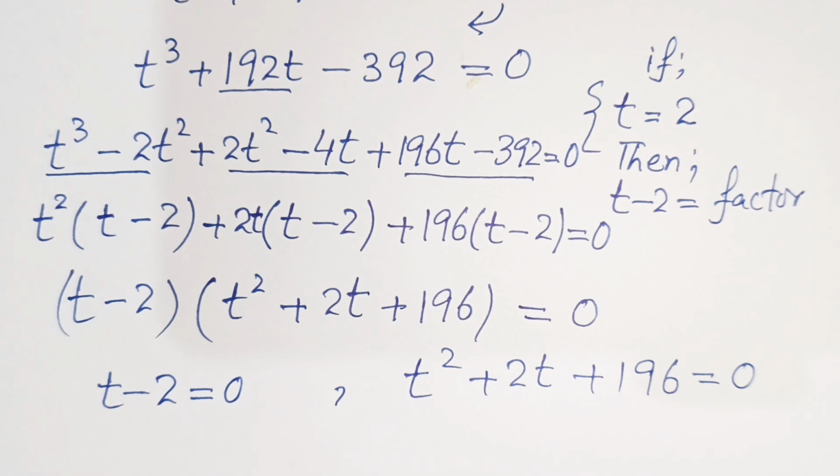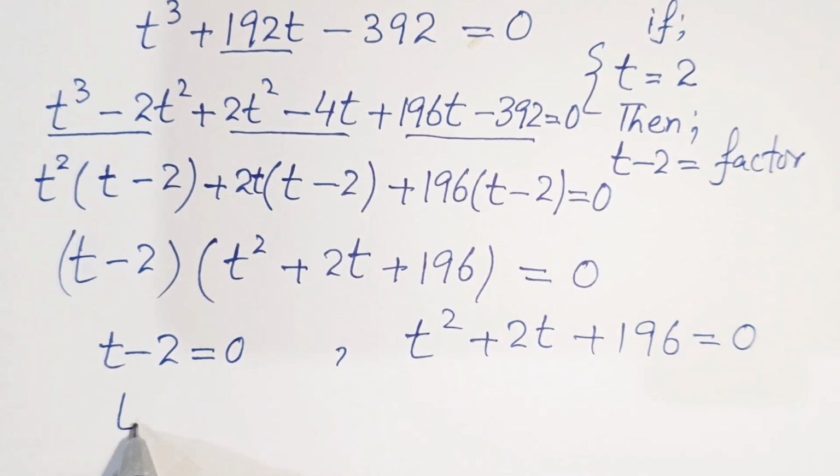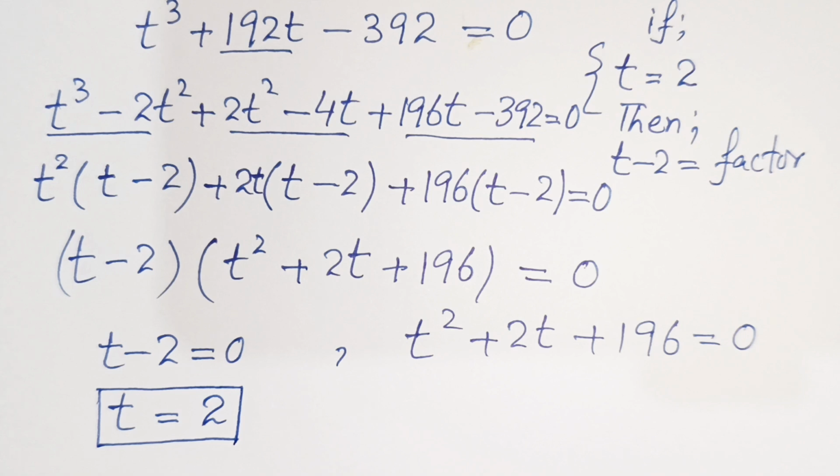So from this one we see that t is equal to, shifting minus 2 we get plus 2, so it is the value of first value of t. Now it is a quadratic equation, we have to solve it by using quadratic formula. If we just compare to general form of quadratic equation, which is x squared plus bx plus c is equal